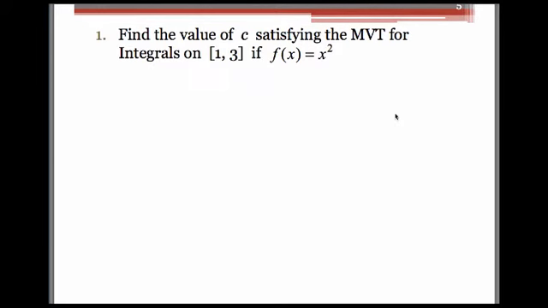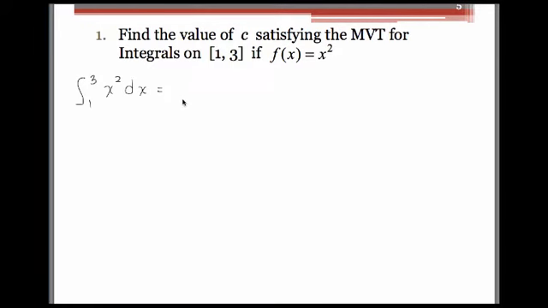So we want to find the value of c satisfying the mean value theorem for integrals on the interval from 1 to 3, and our function will start out with an easy one, f of x equals x squared. All right, so let's go ahead and set it up. What the theorem states is that the integral from 1 to 3 of the function should equal